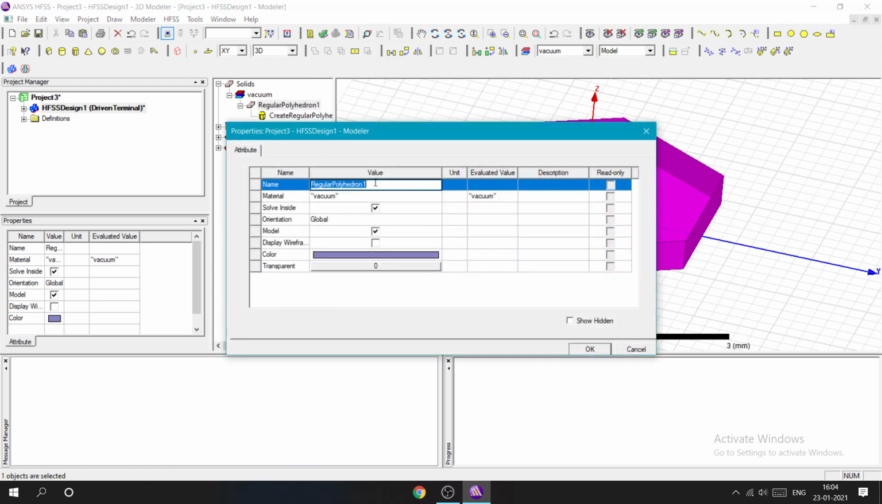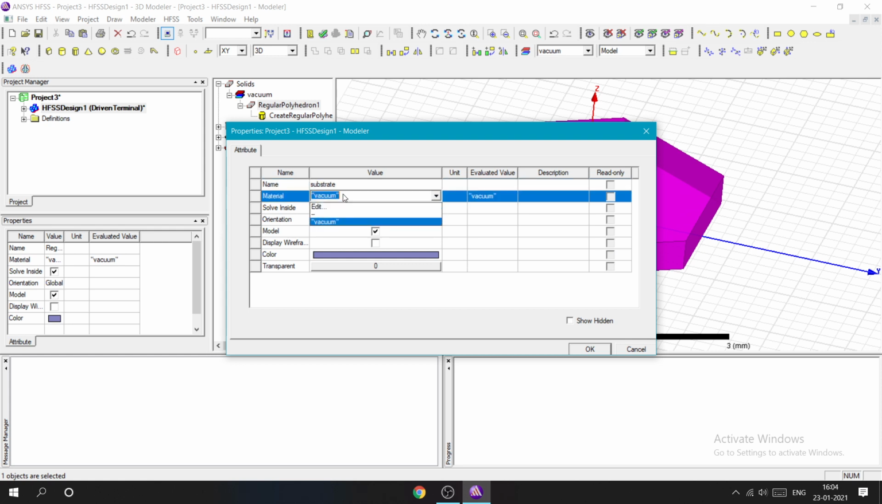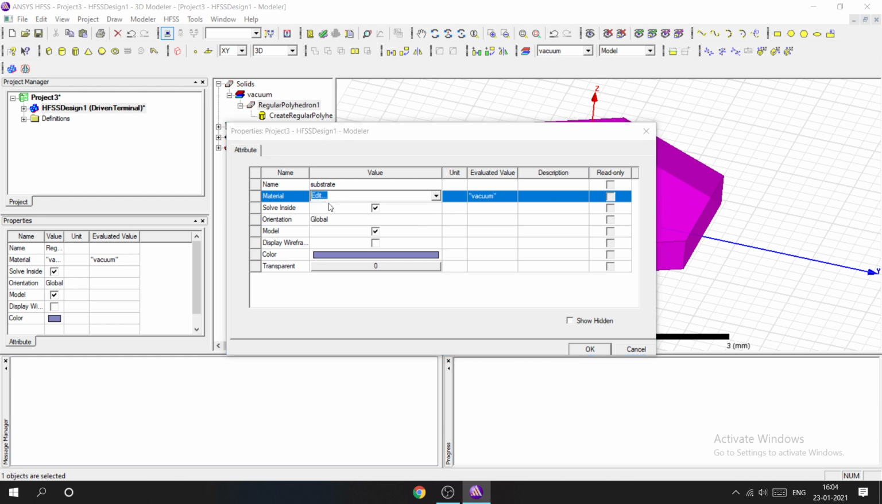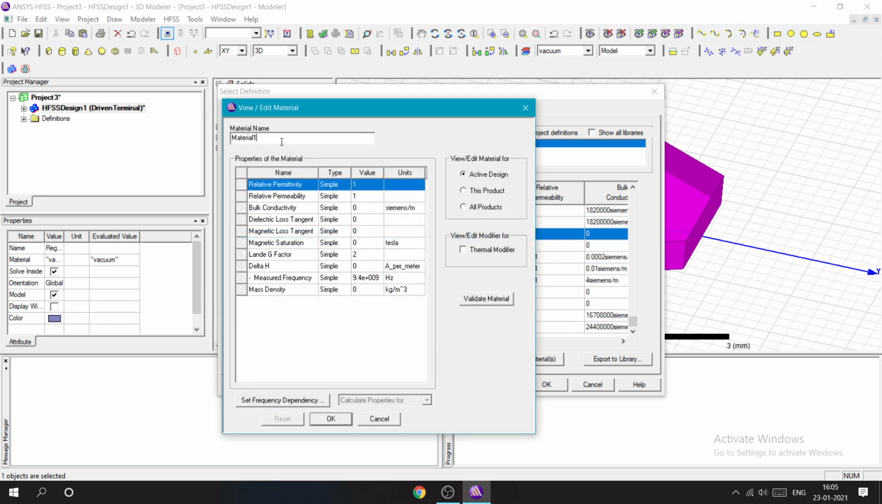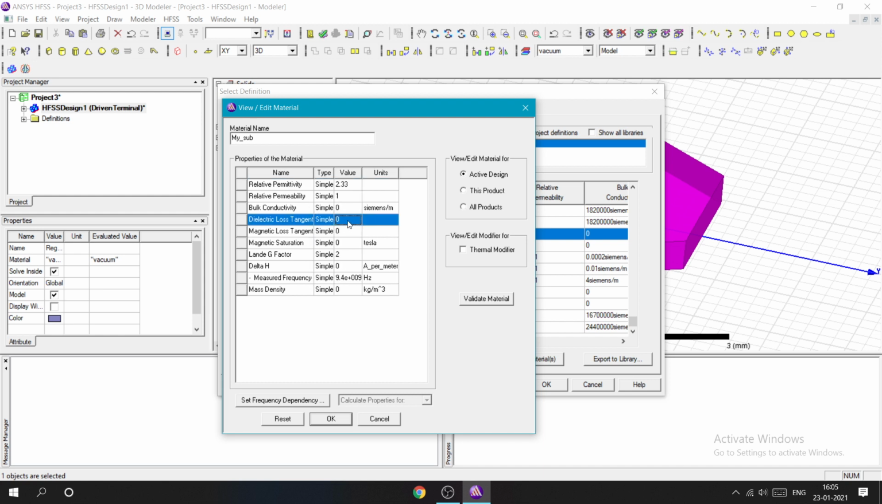We'll just rename it to substrate, and the material is vacuum. We will change this material to our own type of material. We are creating a new one, so go to Add Material, give it a name as my sub, and then give the properties. Permittivity I will give as 2.33, and dielectric loss of